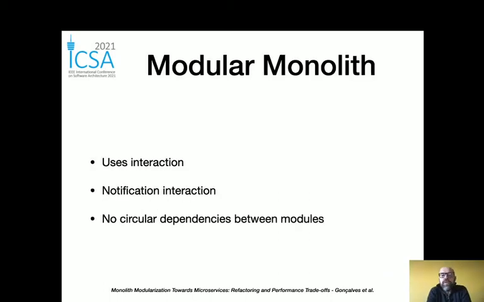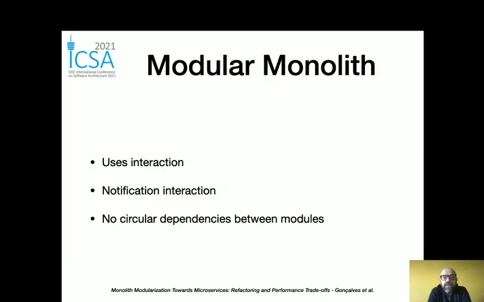So how do we see the modular monolith? Basically, we define modules with interfaces which isolate the domain module. For the interactions between modules, we define two types. Uses interactions, where one module knows about the existence of another module, invokes its interface and obtains data from it. Usually the data obtained are data transfer objects, so you don't share domain entities, because domain entities are isolated and encapsulated inside the module.